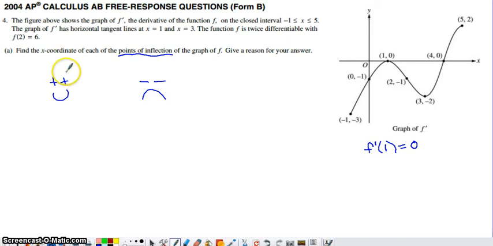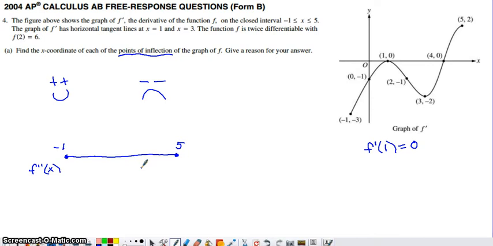So what we need to think about here is if we need to build a sign chart for the second derivative, which is what I'm going to try to construct down here, and we're only going to be able to build this sign chart on the closed interval from -1 up to +5. If I'm looking at the sign chart for f double prime, I'm going to need to know where my second derivative is equal to 0, and I'm going to need to know where my second derivative is undefined,